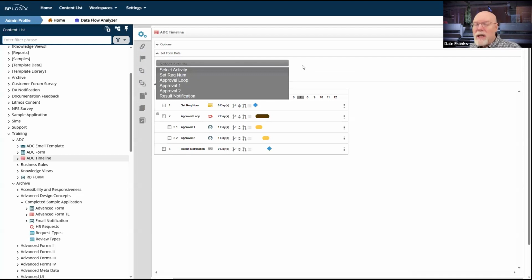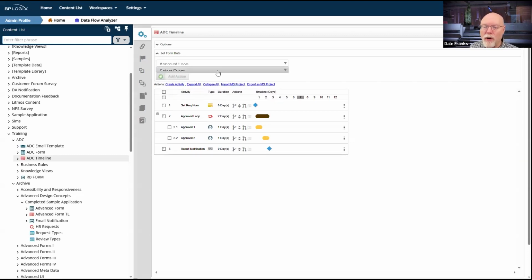I don't need to have an activity to run the set form data action. I could actually do it here. I could just say set activity as approval loop. I could do it on the parent activity. I technically don't need the set request number activity at all. I could just set it on approval loop, and I could just set it as the task start for the approval loop to set the form data.